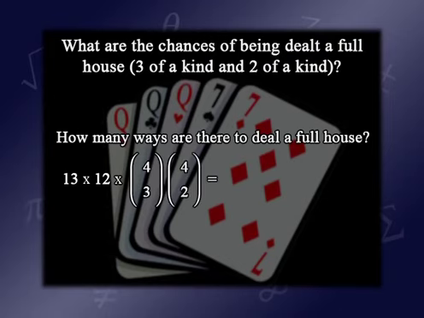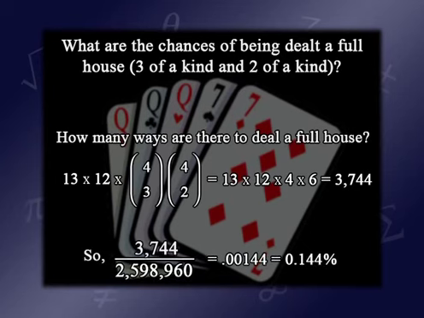Similarly, how many ways can we choose 2 7s out of the 4 7s that we've had? Well, we have to choose those suits. 4 choose 2 ways of doing that. That's numerically equal to 6. So the number of full houses is 13 times 12 times 4 times 6. Multiply them together, you get